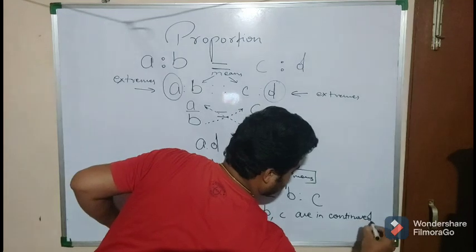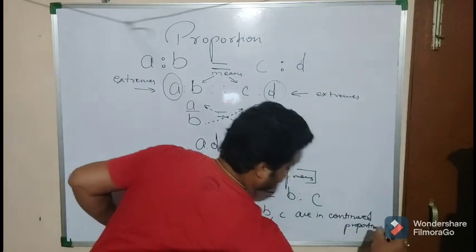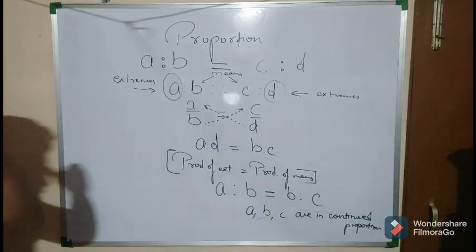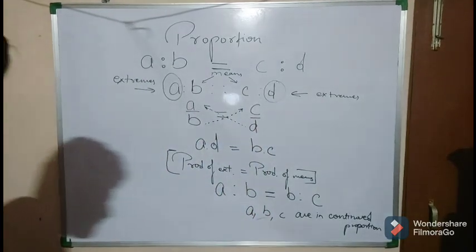It's a separate name given to them. Continued proportion. A, B and C are said to be in continued proportion, which means that